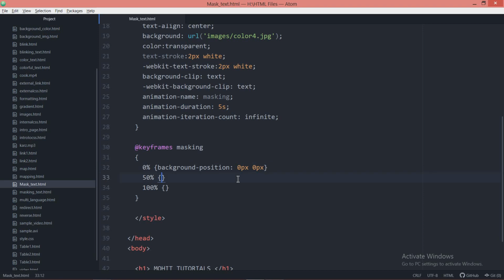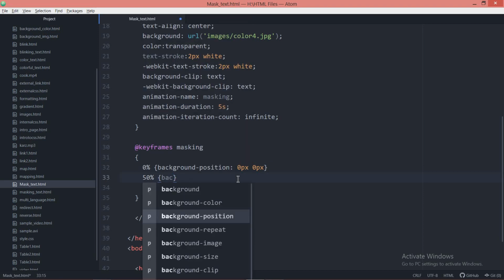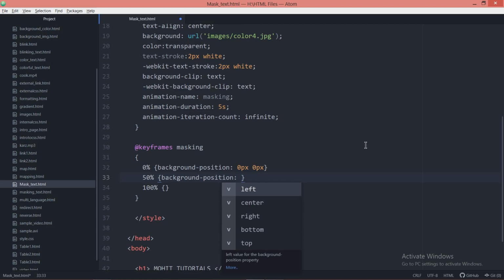At the middle level, again give the same property, background-position. I want to move it in the horizontal direction. Let it be, suppose, 600 pixels, and for the y-axis I put 0 pixel.